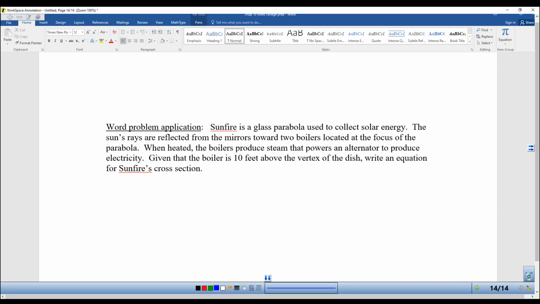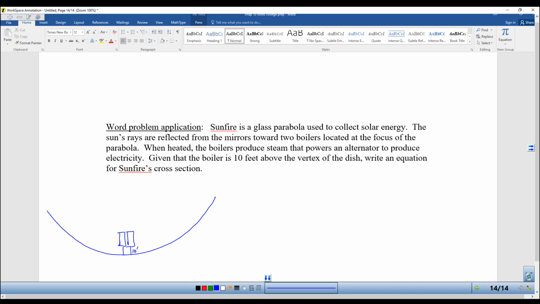All right, we're going to close on a word problem. Sunfire is a glass parabola used to collect solar energy, like we were talking about before. The sun's rays are reflected from the mirrors toward 2 boilers located at the focus of the parabola. When heated, the boilers produce steam that powers an alternator to produce electricity. This is real world, guys. This is cool. Given that the boiler is 10 feet